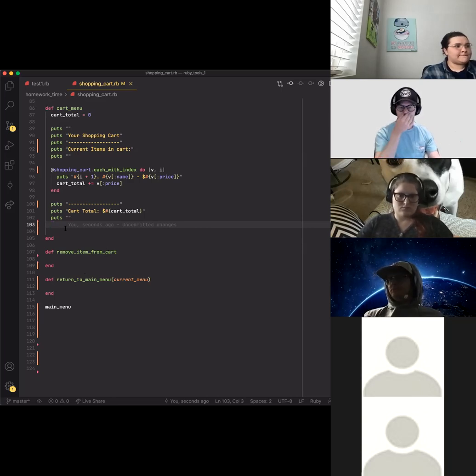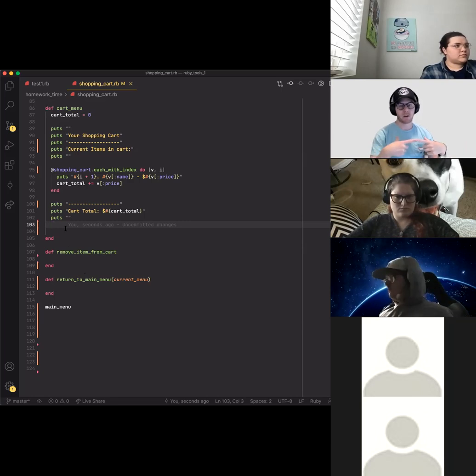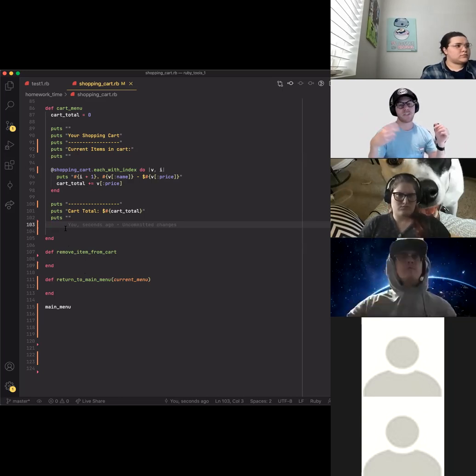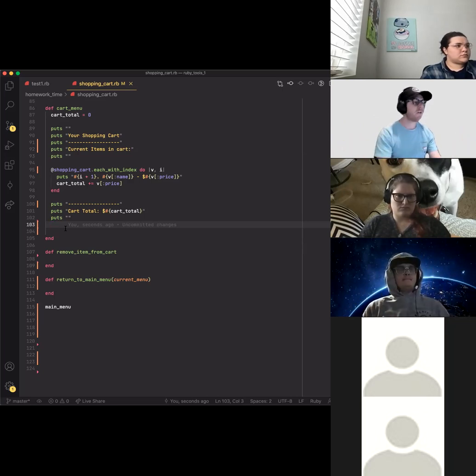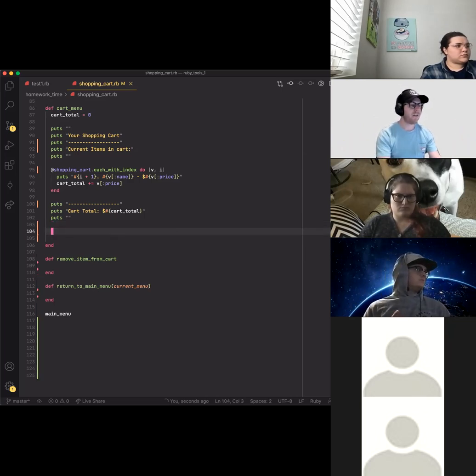So now what we're going to do is, we have the ability to add items to our cart, but we also want the ability to delete items from our cart. So we can look at our shopping cart and say, before I check out, I actually only want 2 MacBook Pros, or actually, I change my mind, I want no MacBook Pros, but I want 6 surfboards instead. So to do that,